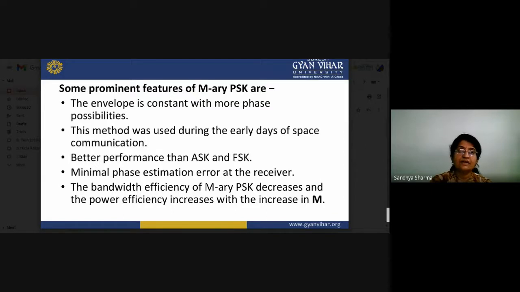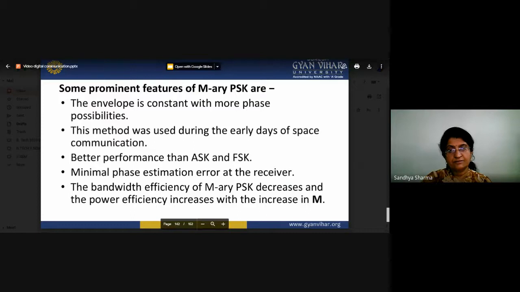And presently we are working basically on PSK signals, because if you opt for FSK signals, the bandwidth requirement increases, and if we opt for the ASK system, interference of noise will also increase. In the PSK system, basically, the best method for transmission of digital signals is the PSK system, and we are also working on M-array PSK. So we have to classify our M-array PSK system accordingly.